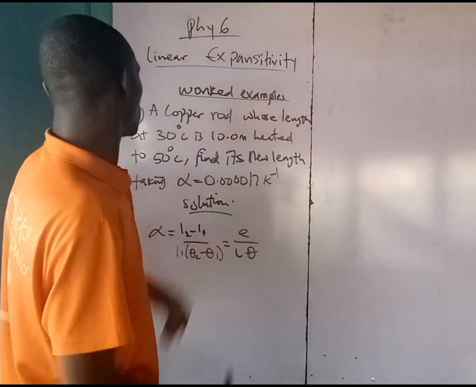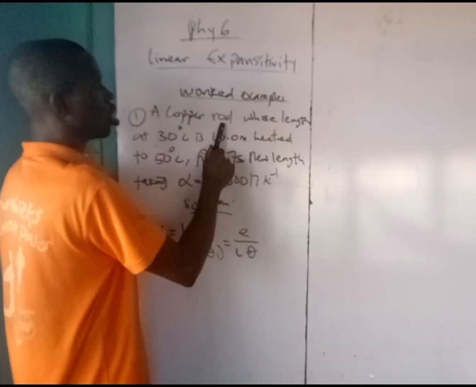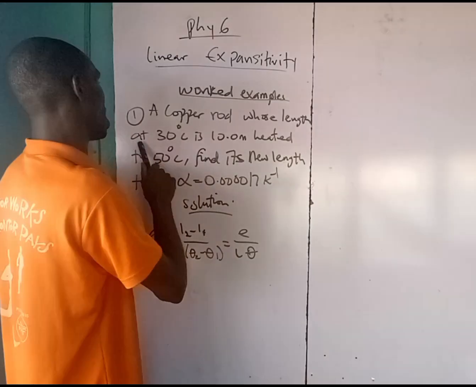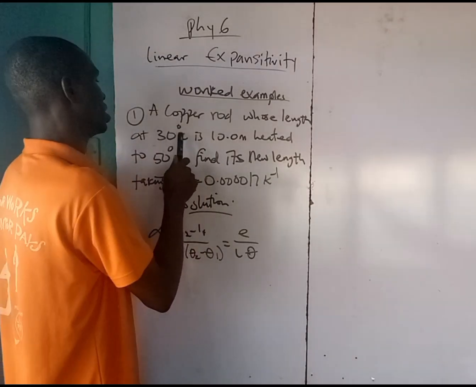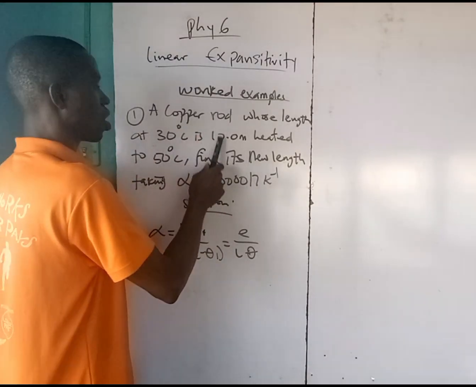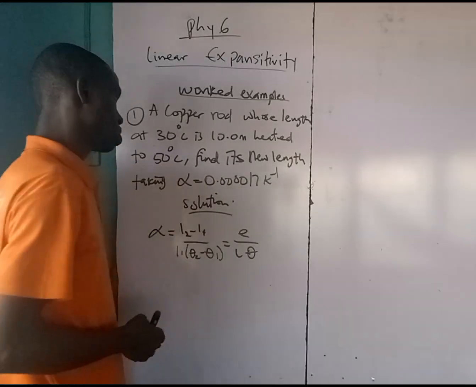Number one example is a copper rod whose length at 30 degrees centigrade is 10.0 meter, heated